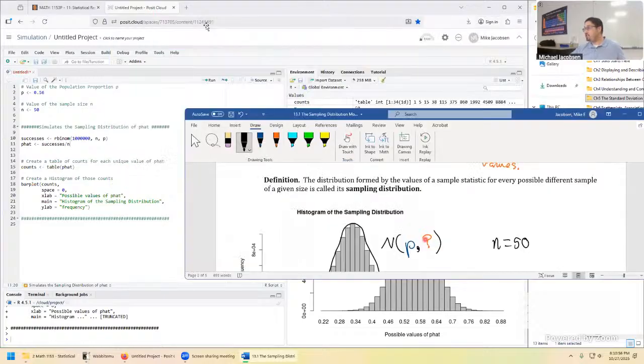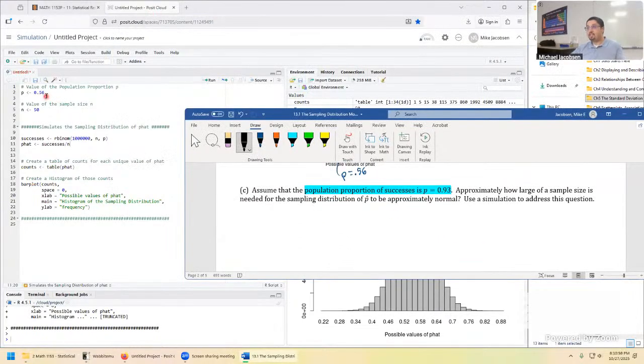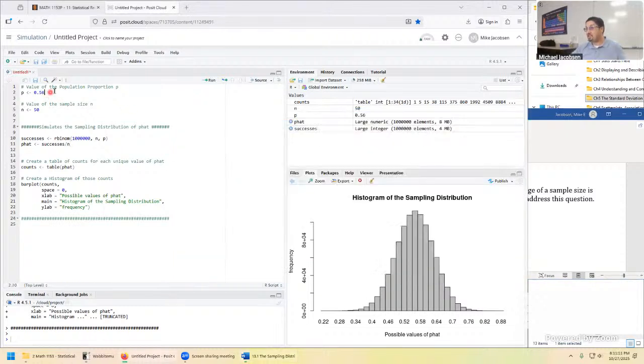We're making a change. Instead of saying the true proportion is 56%, we're going to say 93%. That would mean in our problem, 93% of social network users say it's not okay to friend his or her boss. So go to 93%, and let's drop the sample size to 5 and just see what happens as we